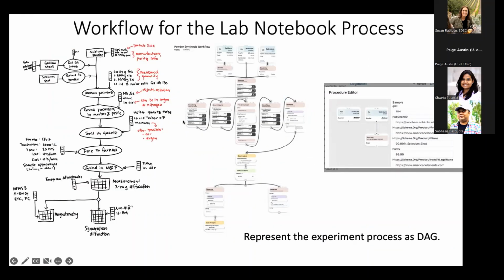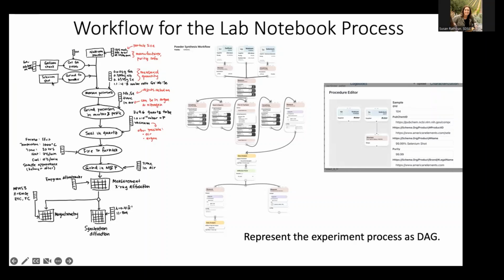So this is the notebook process that material scientists use to create their workflows. And we are providing them with an interface which you can use by dragging and dropping on the web interface and create your procedures. Like you use gallium chunks and selenium as a starting material, you grind, and all these